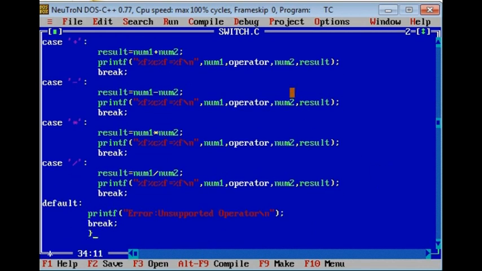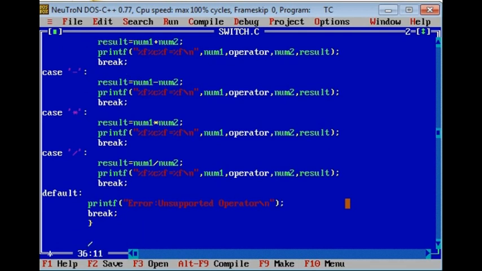Close the switch. So this means what? If you have not entered plus, minus, star, division, one of these, then the control will come to the default part and it will print unsupported operator. If you enter any operator other than these four, then it is going to print this error message. So close the switch and then